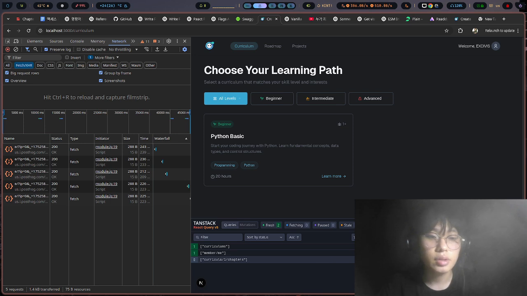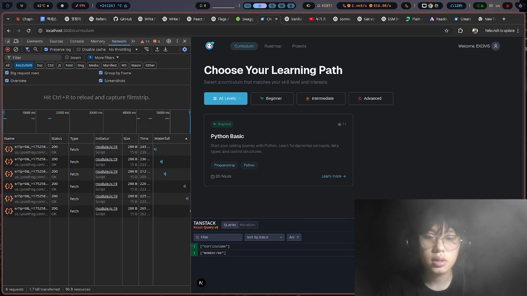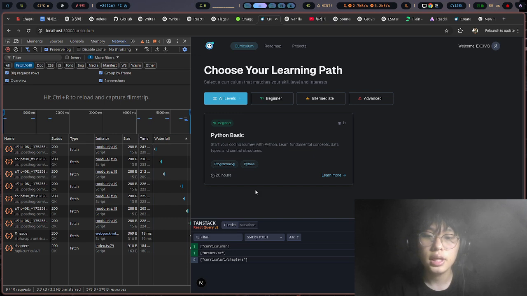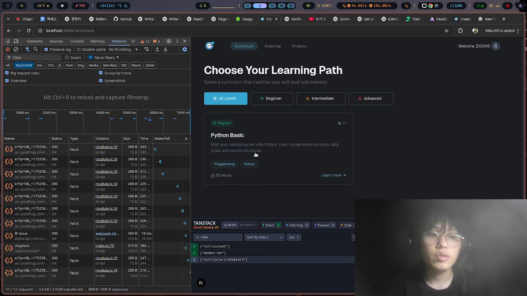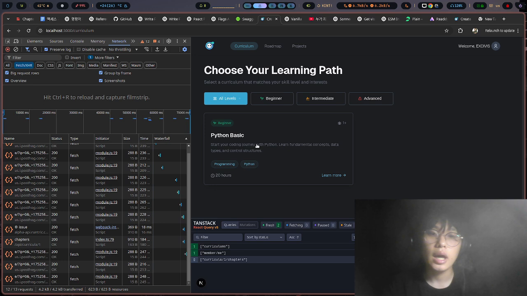So let me just try to delete this. If I hover here, something interesting happens. As you can see, there's an API call here. If the user tends to click this card and hovers over it, we prefetch this API, so we don't really have to call the API when we get into the next chapter page. So if you click here,